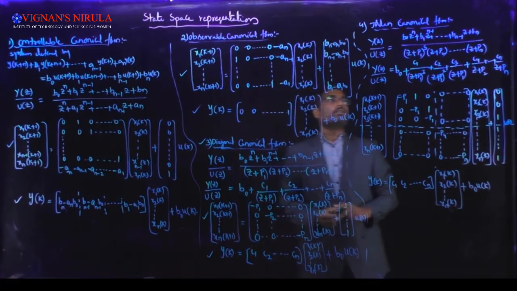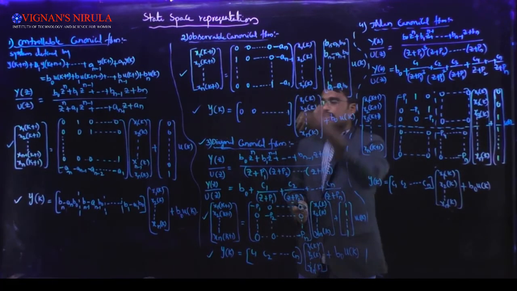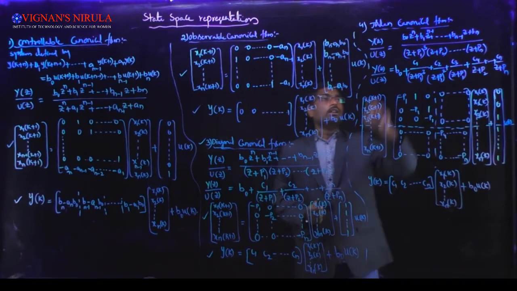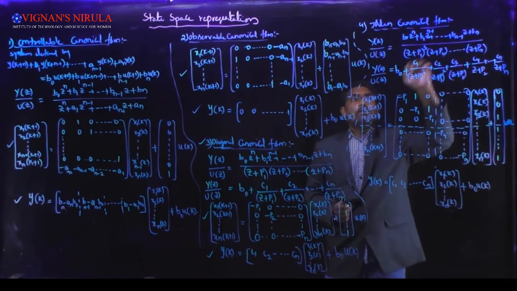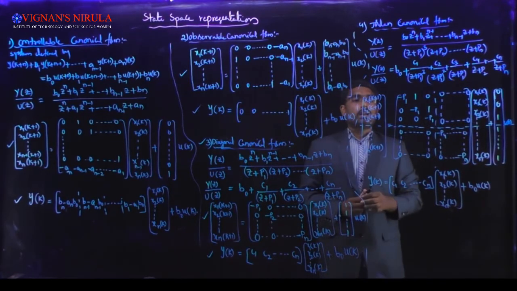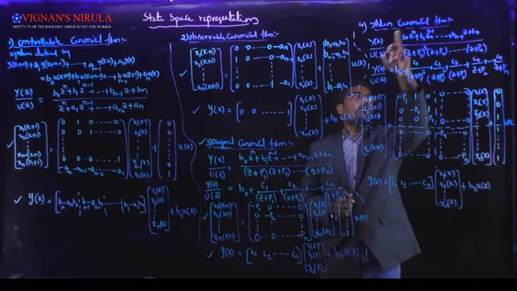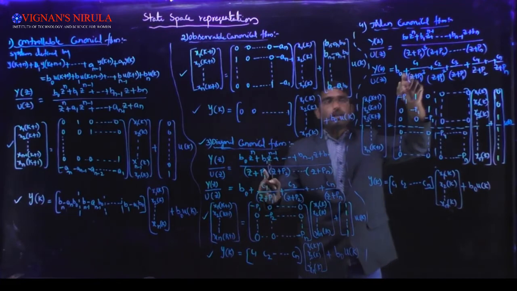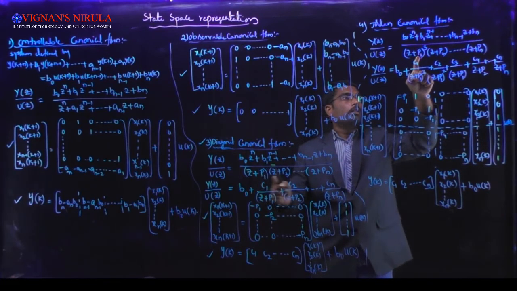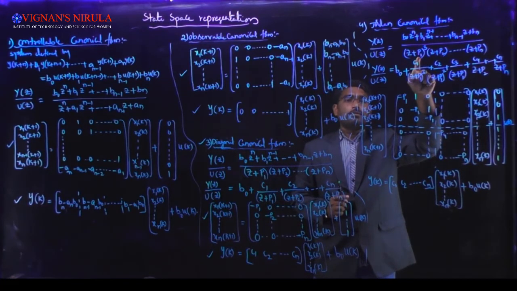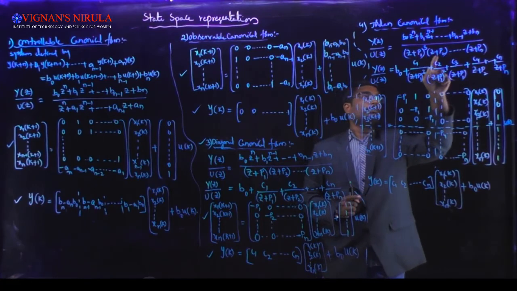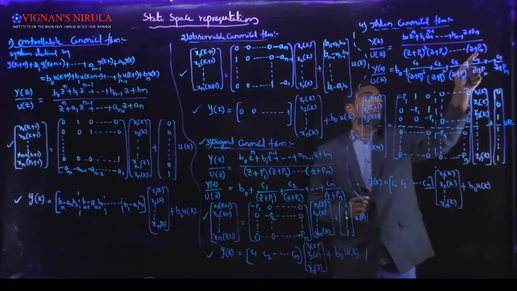And the last one, Jordan canonical form, which is nothing but the extension of diagonal canonical form. This is the pulse transfer function. What is the difference between these two? If you get any repeated poles, then that can be represented by using Jordan canonical form. Here there is a repeated pole of order 3 at pole p1. So z plus p1 whole cube, into z plus p2 and so on, z plus pn.